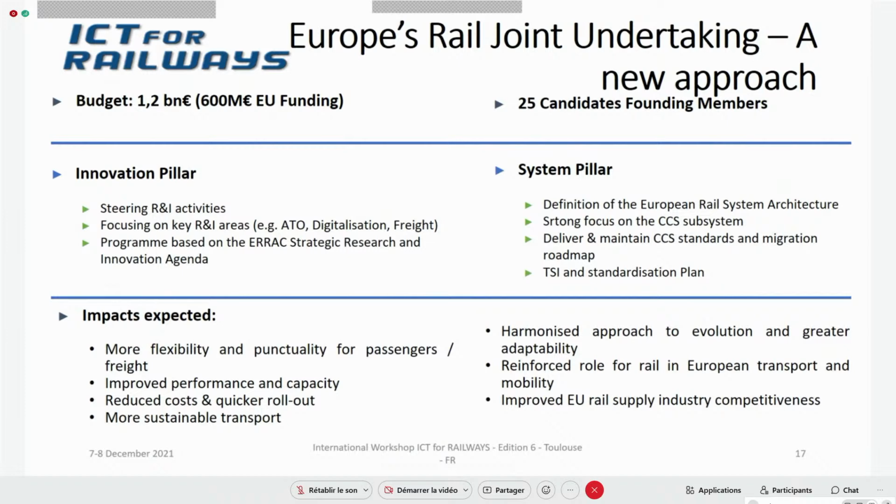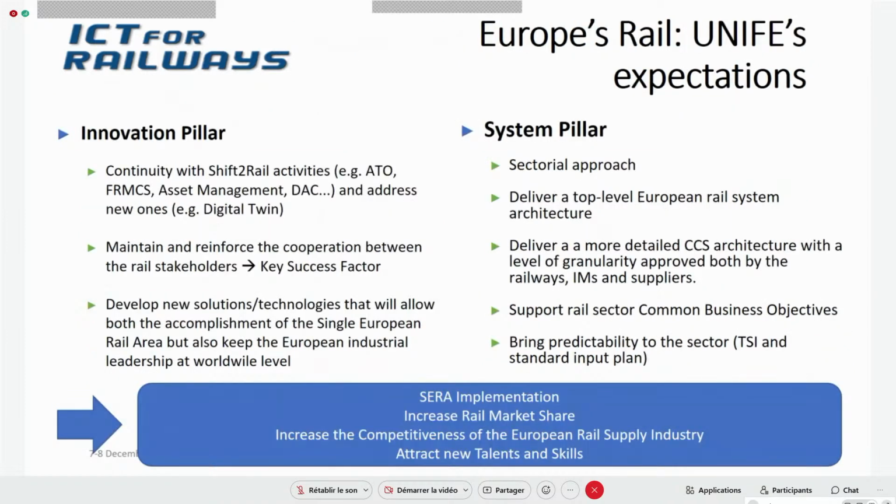If we go to the next slide, we will not go into detail because it has already been mentioned, but still the working groups are going to start working on this. What will be certainly very important in Europe's Rail is the ATO, automatic train operation, FRMCS, but our friend Jean-Michel will talk on this, and asset managers and DAC, the digital automatic coupler,